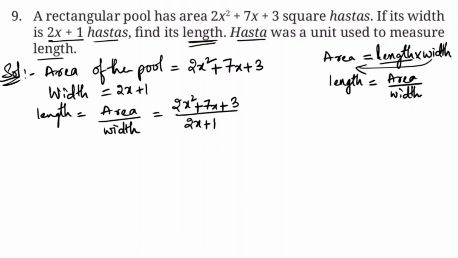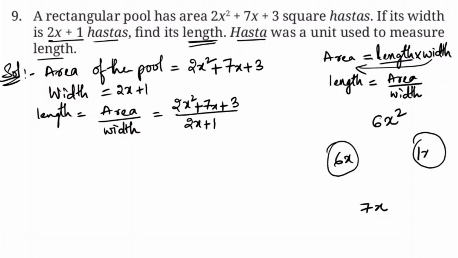We need to factorize the numerator. So in the numerator, 2x² and 3 can be multiplied, so we will get 6x², and the middle term is 7x. Now we need to think of two numbers such that if we multiply we should get 6x². Can we write 6 and 1? And if we add these two we will get 7x. So we keep these two in place of 7x. So 2x² + 6x + 1x + 3 by